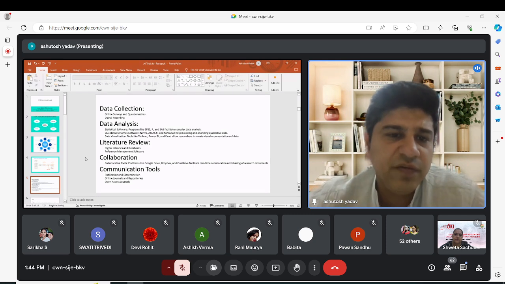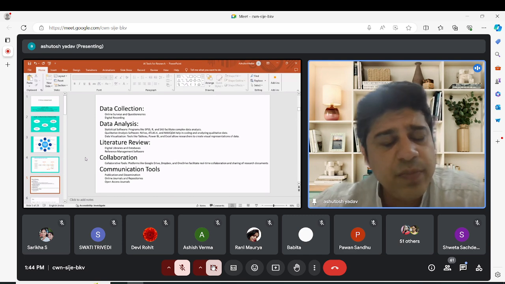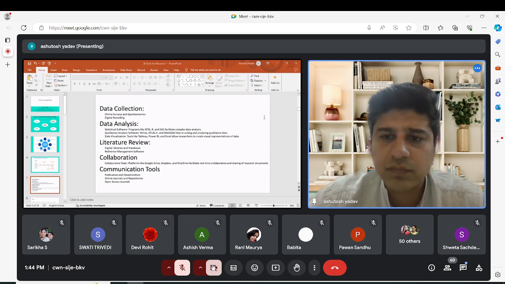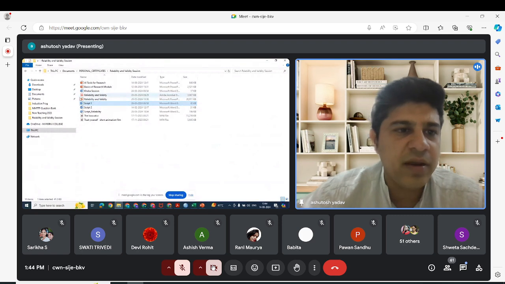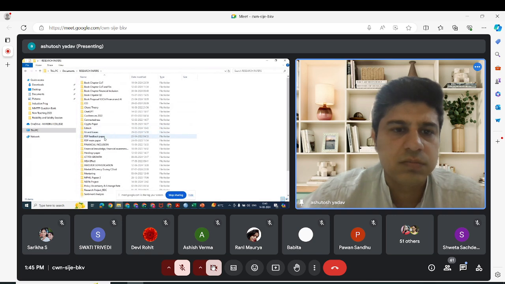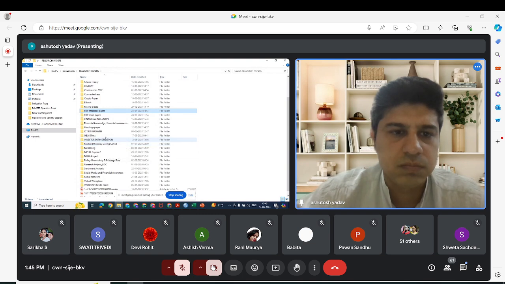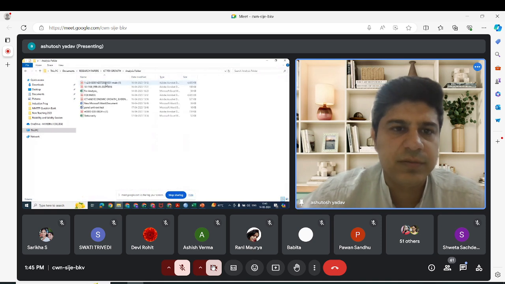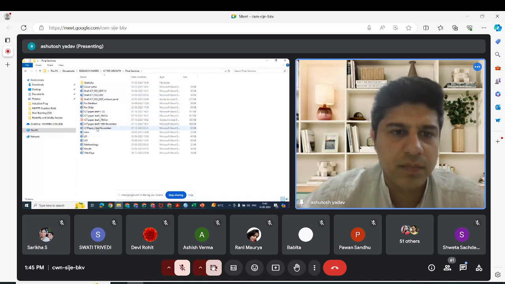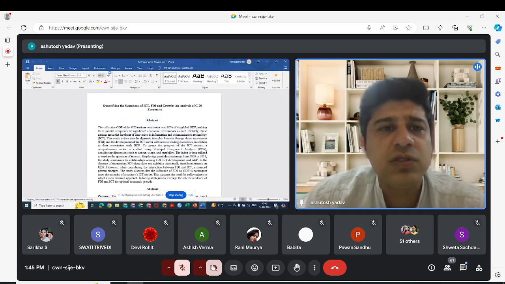Now, coming to the next part, literature review. Besides the access to digital libraries and databases, there are reference management software like Zotero and Mendeley, and if you look at the Word doc also, there's an option. Let me just share my entire screen first. If I randomly open any Word doc, say from research papers, let's say I open this. You can see there are inbuilt reference tools. If you go to the references part, you can see that